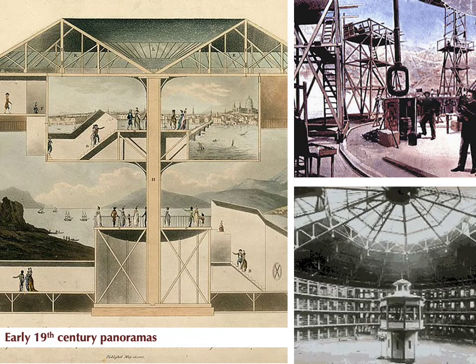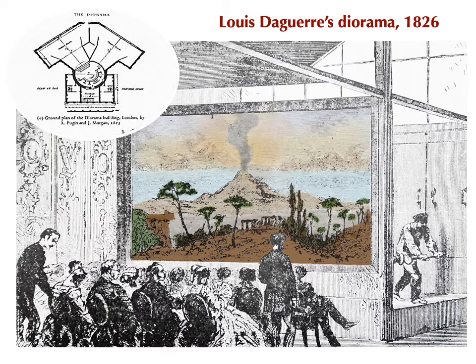A panorama was a large circular painting that aimed to give the viewer the experience of being physically present in the scene being depicted, whether that was a landscape, a city, a battle, or other historical event. And here you can see resemblances to the later cycloramas. There was also the diorama, courtesy of the French inventor Louis Daguerre, also responsible for the daguerreotype, another important feature of this new culture of looking.